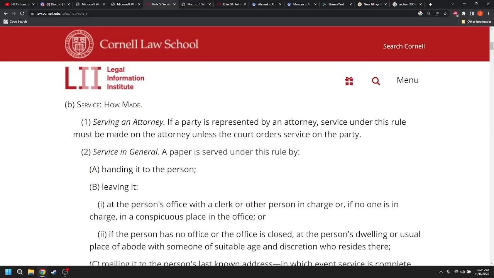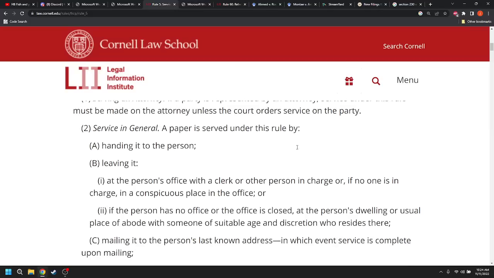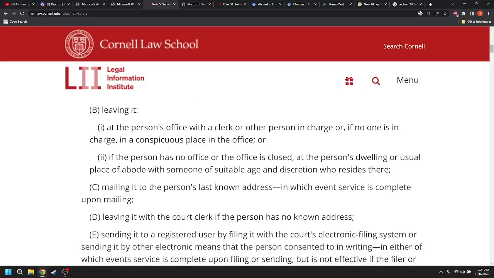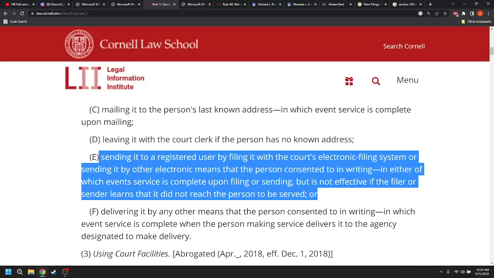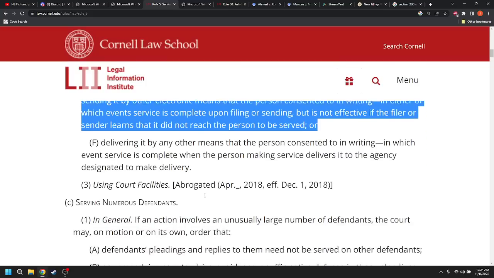The parties represented by attorney service under this rule must be on the attorney unless the court, blah, blah, blah. By handing it to the person, leaving it, yada, yada, mailing it, leaving it, sending it. Sending it to a user. So I think